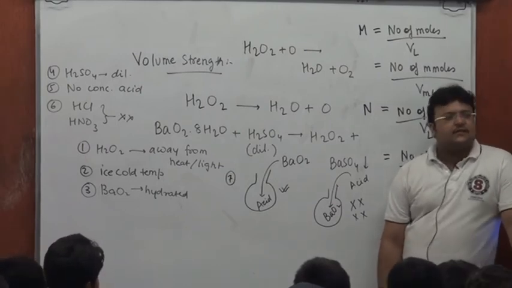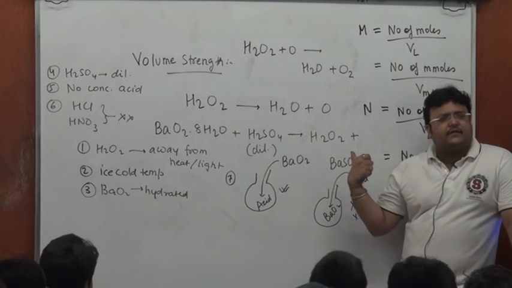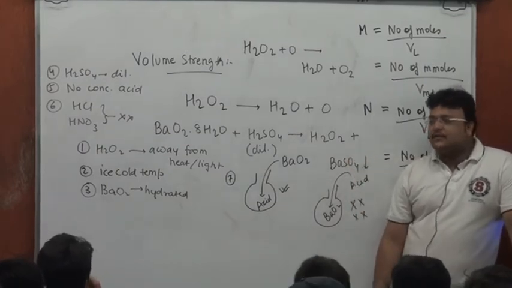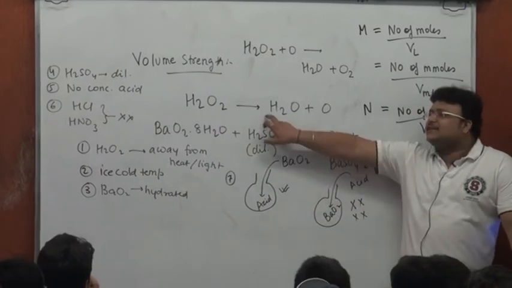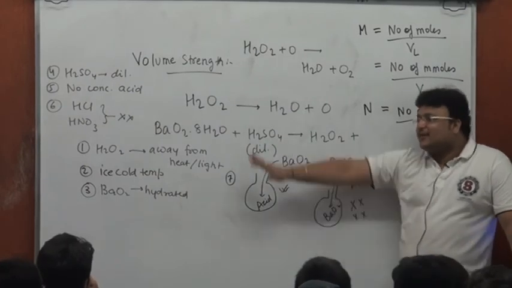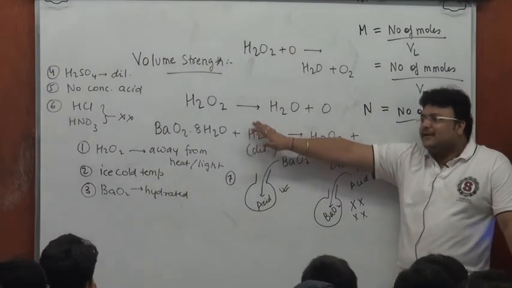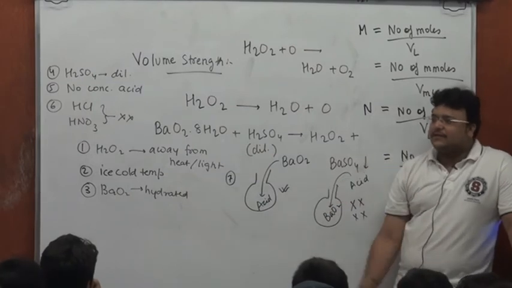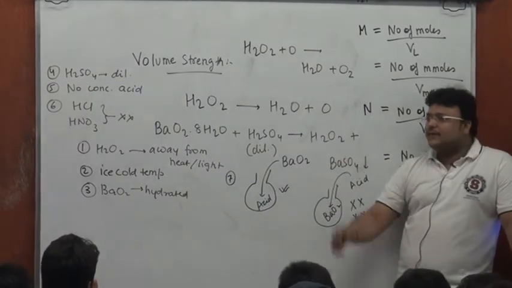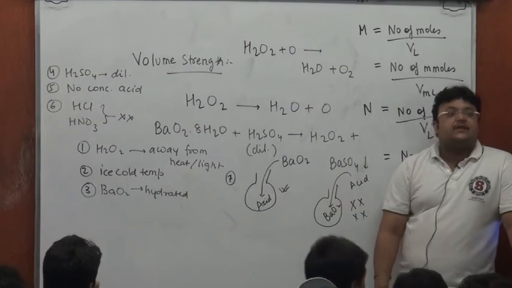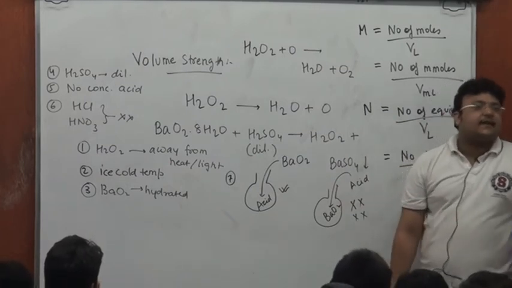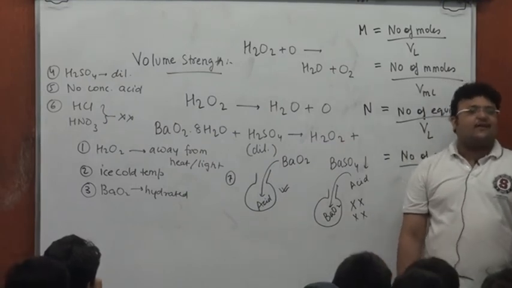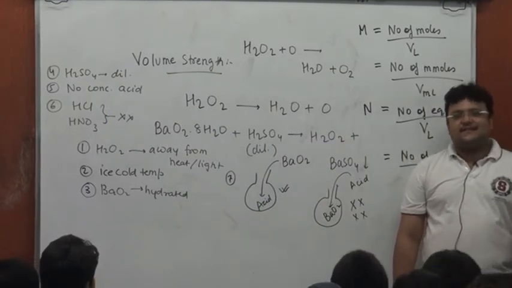Which is good. You don't need an oxidizing agent. It will retard the dissociation, which is good. You don't want to lose it. An acid will retard the dissociation of H2O2, agreed. But this is what you want. You don't want it to be lost. Yes, please. Sorry? Not at all. HCl is a strong acid.